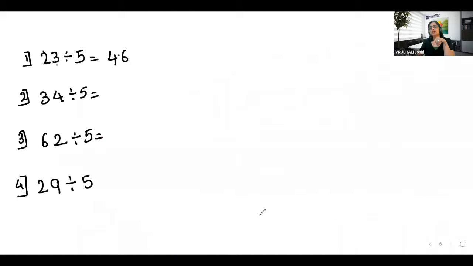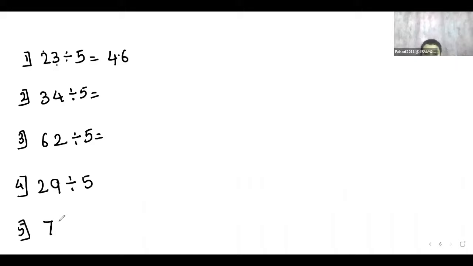But since it's a decimal one, I am writing it right from the beginning, because this includes decimals, right? When you divide by 5, you get a decimal outcome. But in case you do not want to number it as a new topic, that's absolutely okay. As far as you understand, that's fine. All right, let's do it.